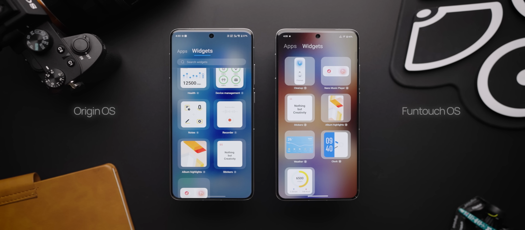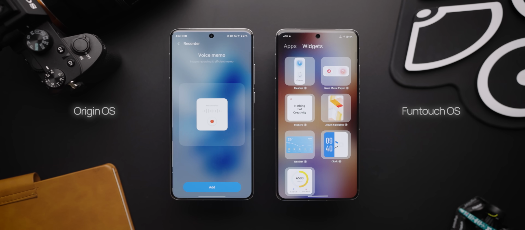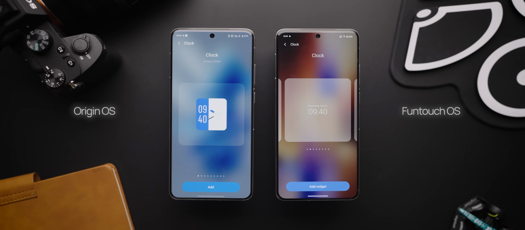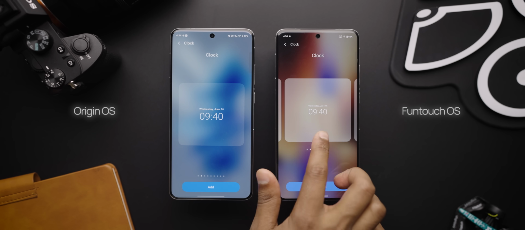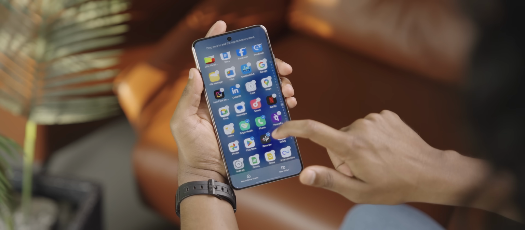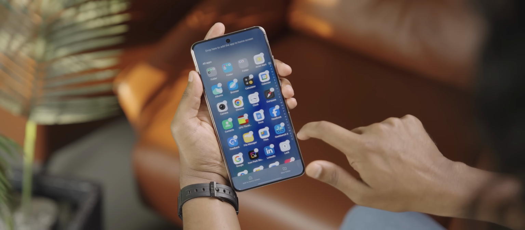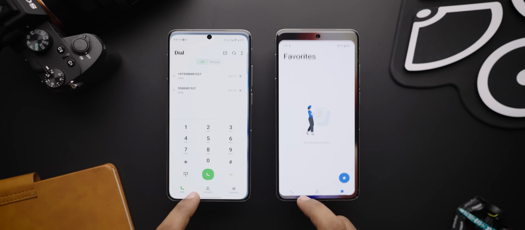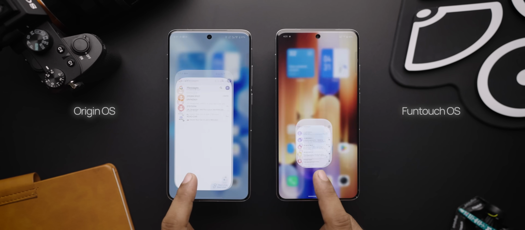And I was hoping for some cool new widgets, but the widgets are also pretty limited still. Yes, there are a few new widgets like this recorder one or this one or this notes one, but the clock and the weather widgets remain mostly same old, and that's pretty much it. Even the icons remain mostly the same. Sure, there are some minor changes here and there, you'll notice. And you can now resize folders like this, add some color, but the overall look and feel remains mostly very